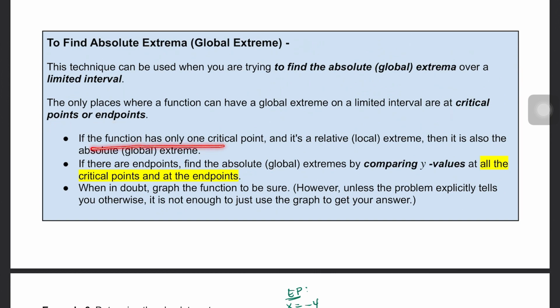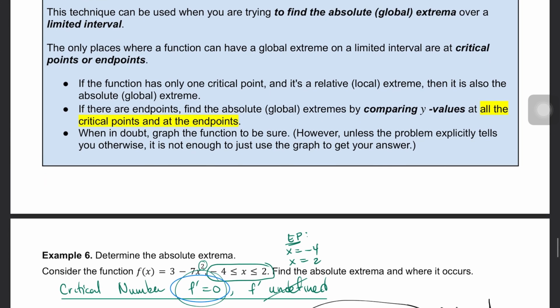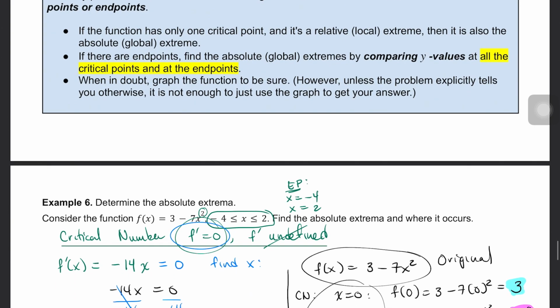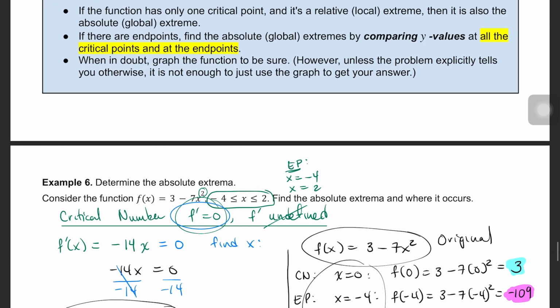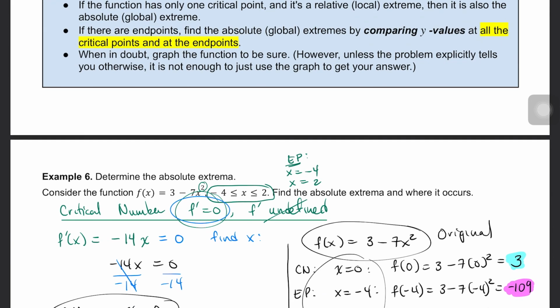If the function has only one critical point, and if it's a relative local extrema, then it's also an absolute extrema. We don't actually have to know that, but we can just see it from the testing. If there are endpoints, find the absolute extrema by comparing the y values of all the critical points and the endpoints. When in doubt, graph the function to be sure. However, unless the problem explicitly tells you otherwise, it's not enough to use that